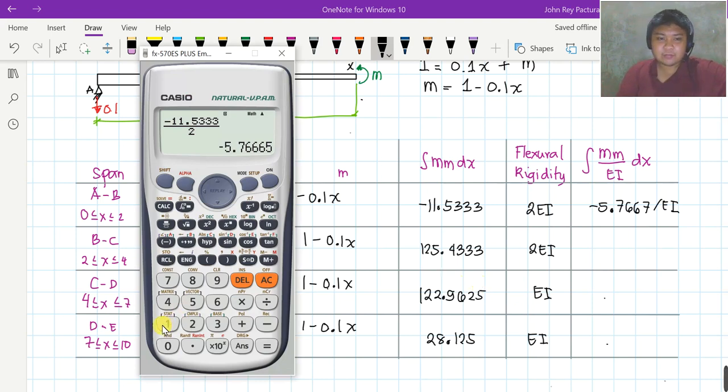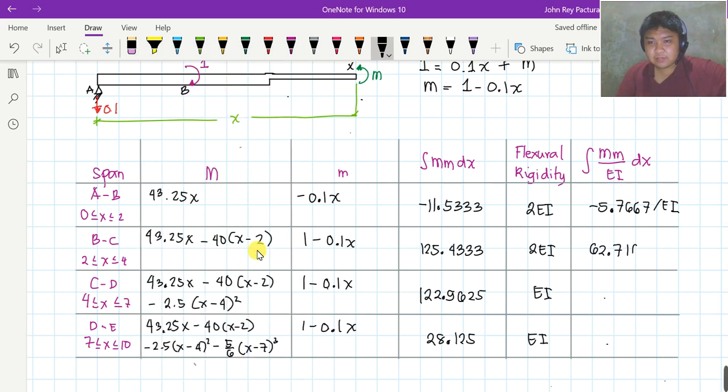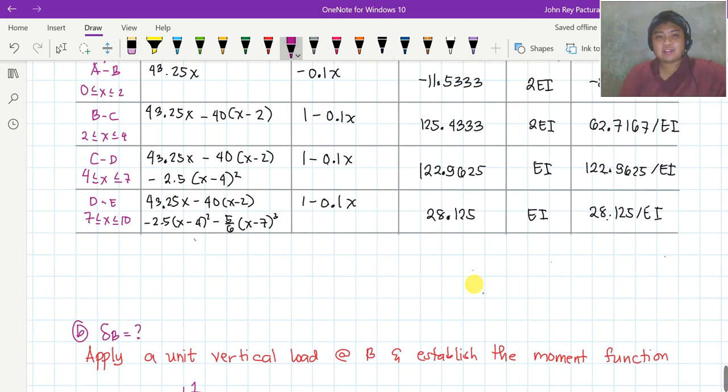The same goes for BC. This 125.4333, divide again by 2. The result is 62.7167 over EI. Right? Yes. While the remaining two, since they only have EI and no coefficient, just write them as is, divided by EI. So 122.9625 over EI, and at the same time 28.125 over EI. So finally, to solve the slope at B, class,